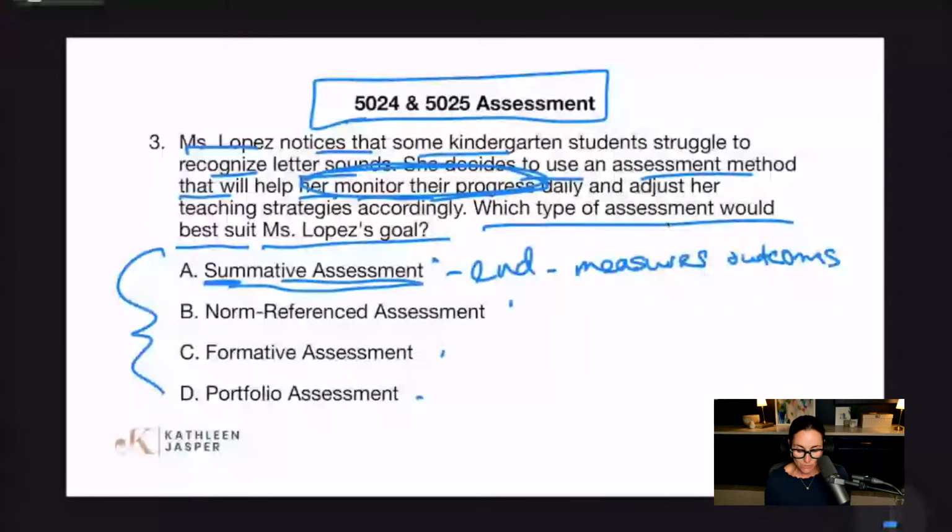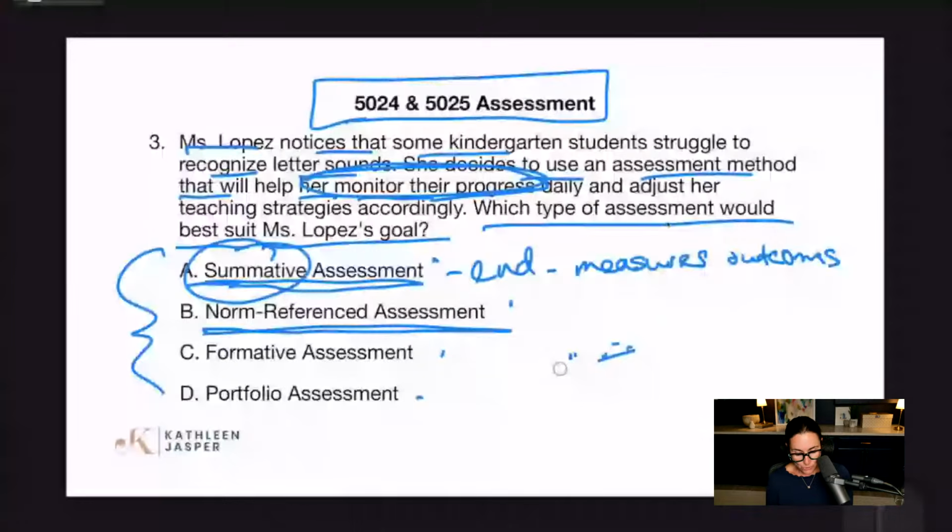A summative assessment could also be the end of the year state assessment. That's also called a criterion assessment. Okay. Criterion assessment is at the end of the year and it measures standards, right? So your third grade ELA assessment given by the state, your fifth grade math assessment given by the state, the civics assessment given by the state, that's a criterion assessment and it's a summative because it measures outcomes at the end of the year. Norm referenced